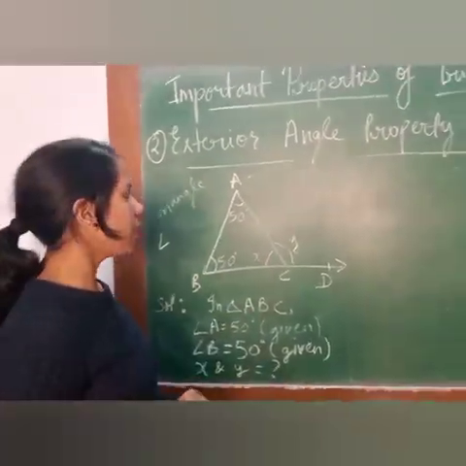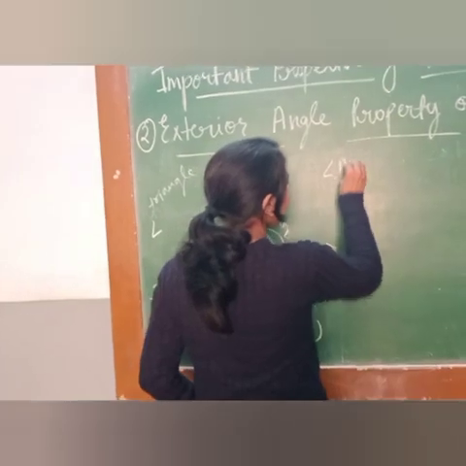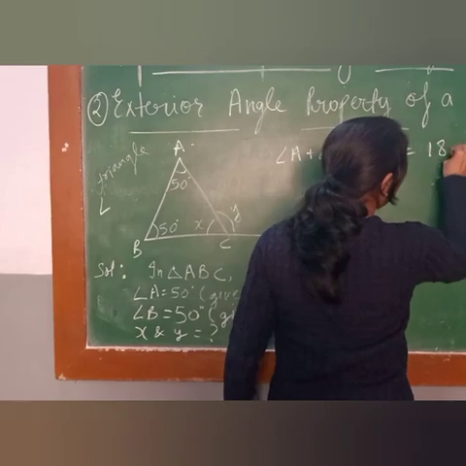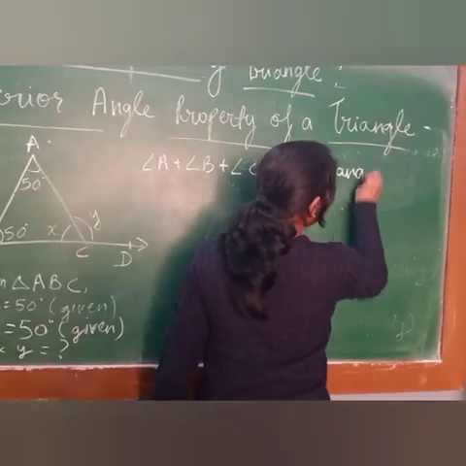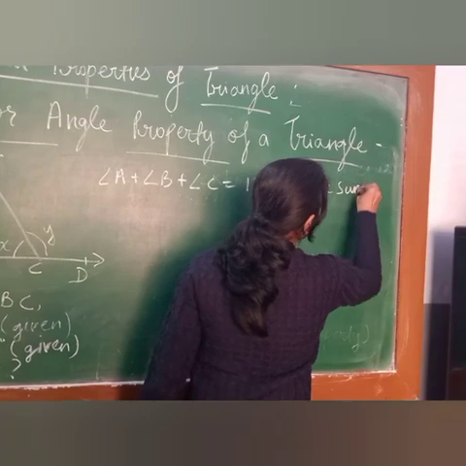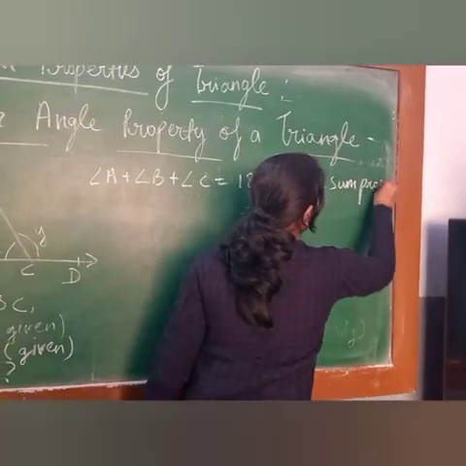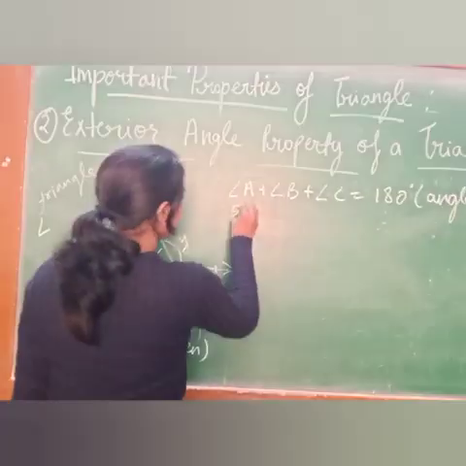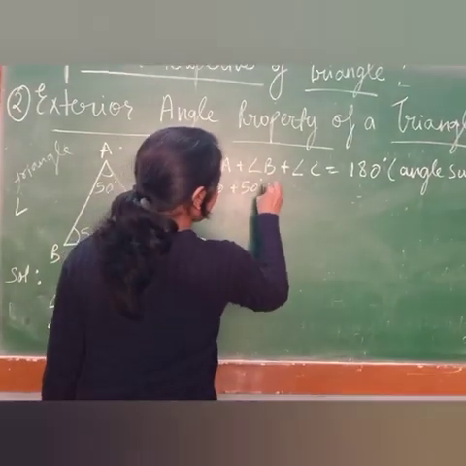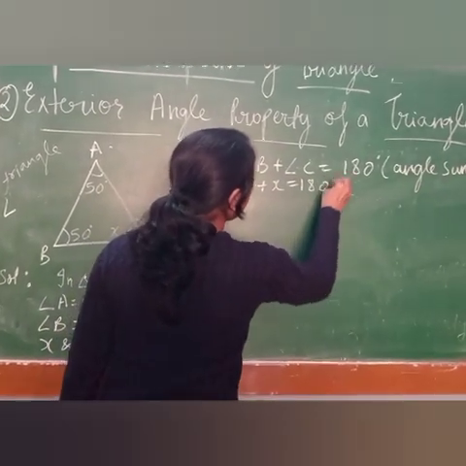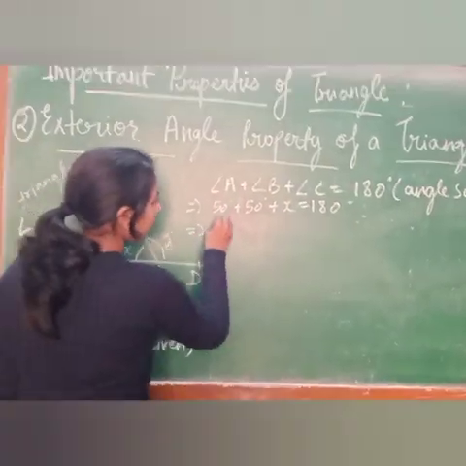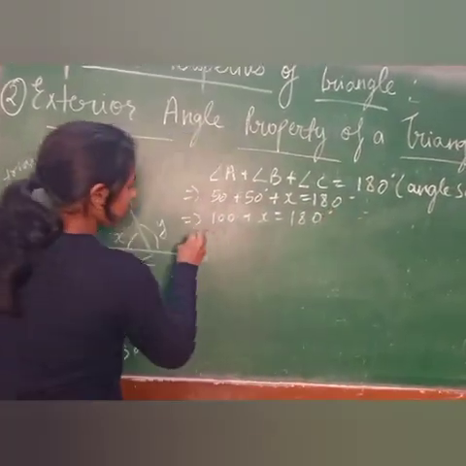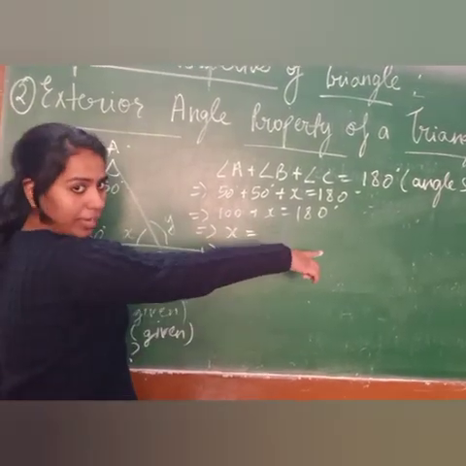First of all, let's find the value of X by angle sum property. Angle A plus angle B plus angle C is equal to 180 degrees. Why? You will write it in brackets, otherwise you will lose your marks. So write angle sum property: this is 50, this is again 50, this one is X, 180 degrees. Now 100 degrees plus X is equal to 180 degrees. X is equal to, we take 100 to the right hand side and we